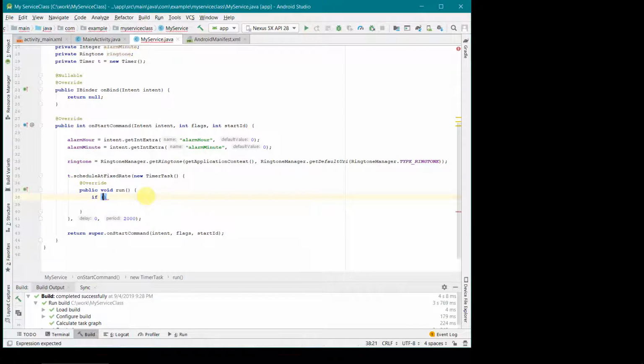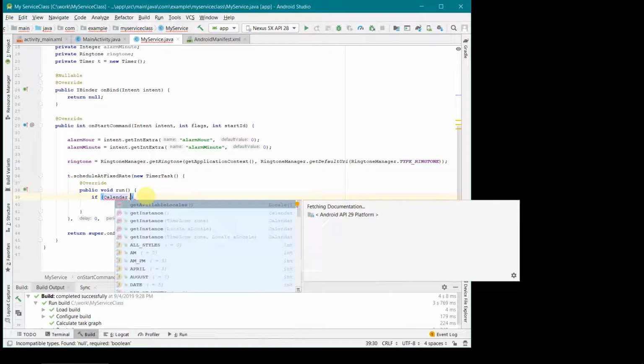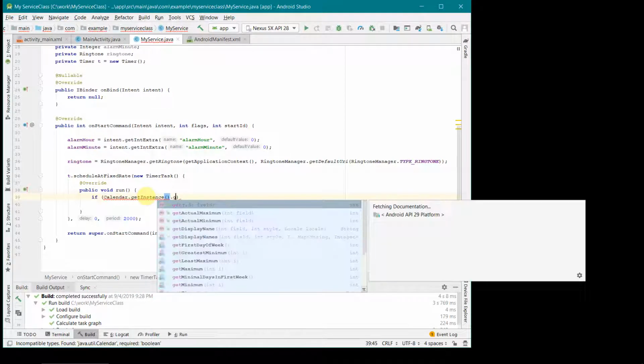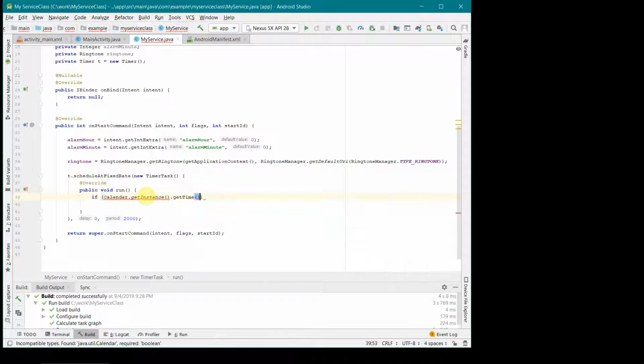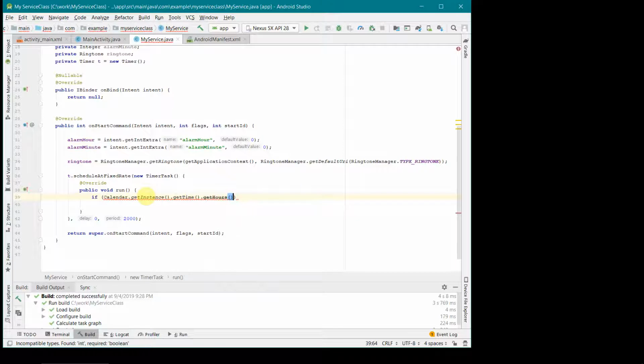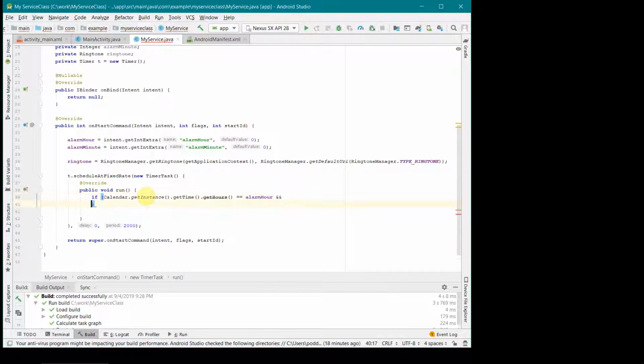We have to check whether our current time matches. So current time we can get using calendar, get an instance of it, and then in that instance get time, and then get hours from it. So get hours, and if this is equal to alarm hour what we are getting from here, or I mean we have to check hours and also the minute.